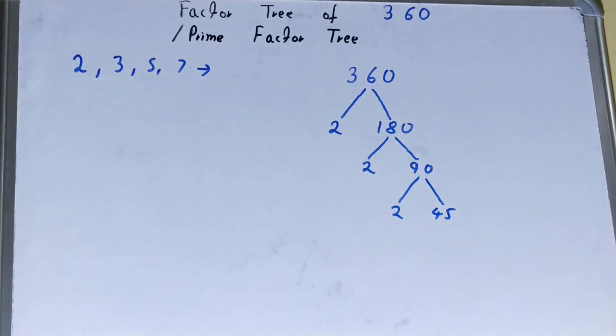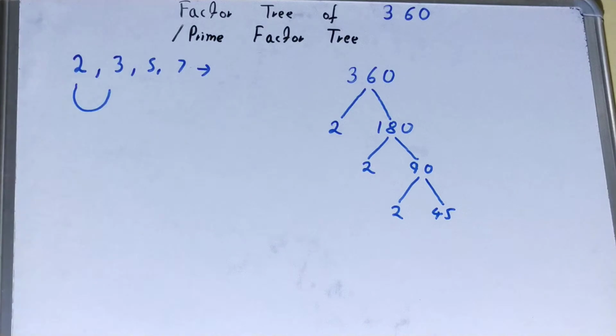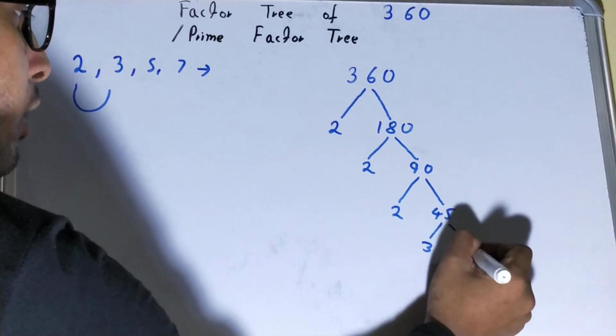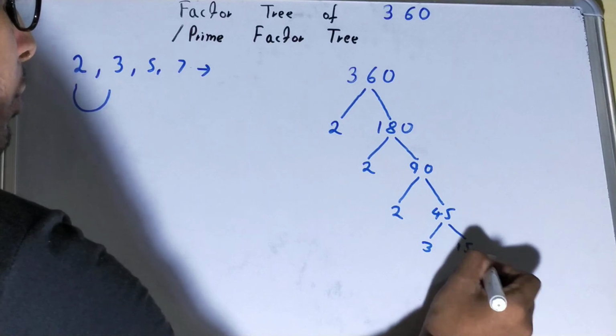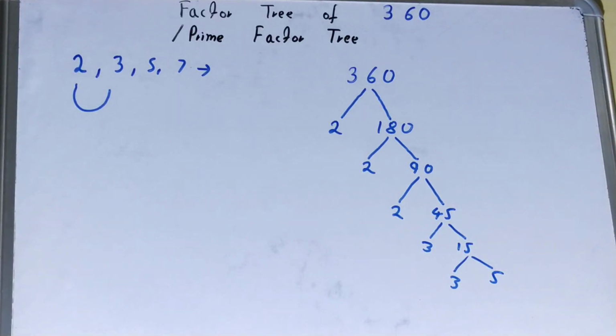Now further on, 45 is not divisible by 2, right? So what we'll do is we'll go to the next lowest prime number, that is 3. Is 45 divisible by 3? Yes. So divide into 3 and 15. 15 times 3 is 45. Further on, is 15 divisible by 3? Yes, 3 times 5. Now 5 is not a composite number, so our work is done